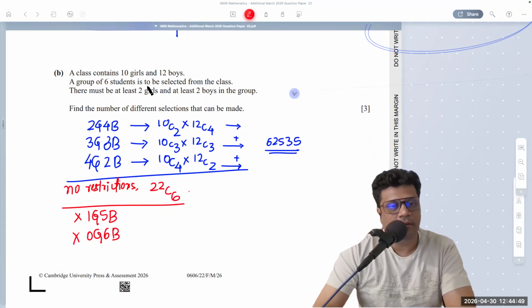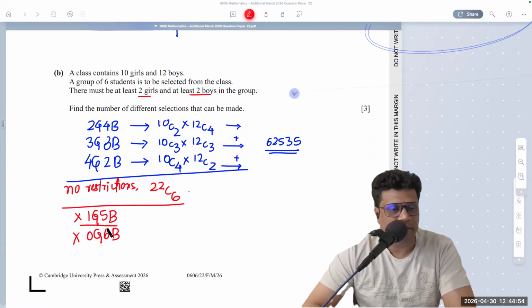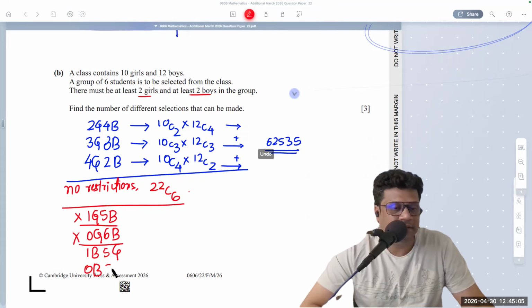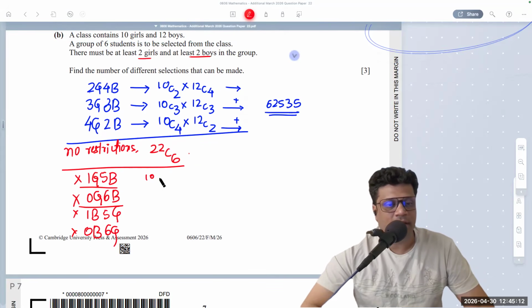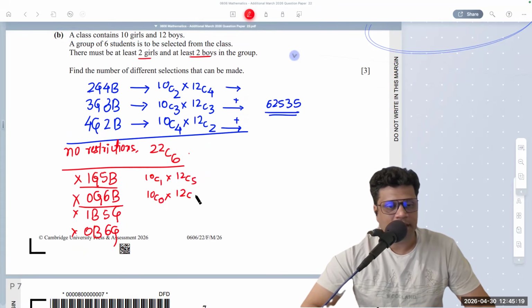Again, that's not what we wanted. Doesn't favor, so we're going to count these. Another situation where there is one boy and 5 girls, no boys and 6 girls. All of these, and we're going to count them. One girl, 5 boys. No girls, 6 boys. One boy,